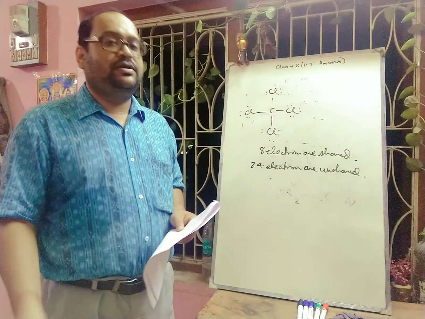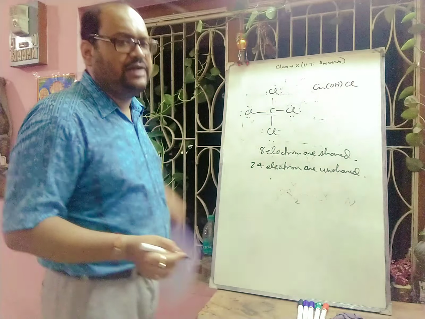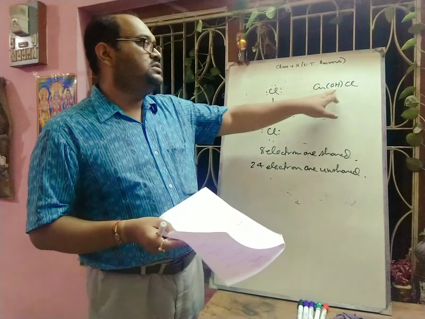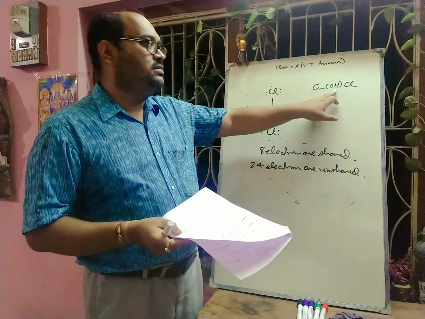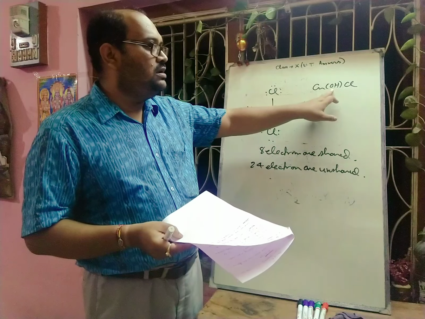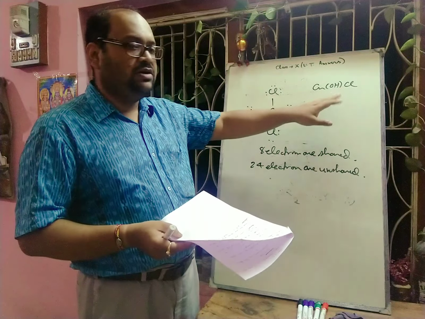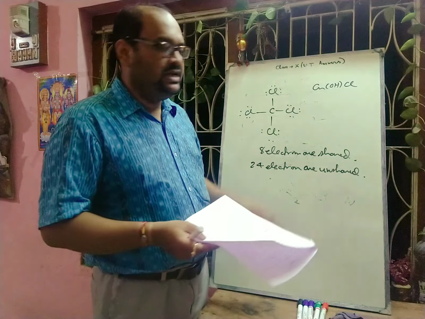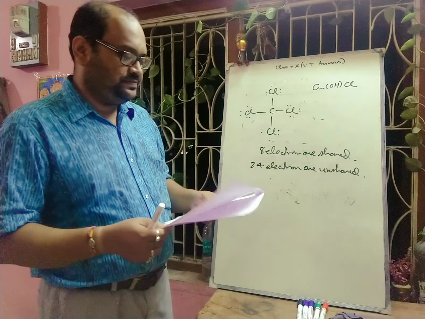Write one basic salt. Any basic salt you can write, like copper hydroxychloride, copper hydroxynitrate, magnesium hydroxynitrate. These are basic salts because they contain one non-replaceable extra hydroxide group. Actually the base is copper hydroxide, so here not all hydroxide groups are replaced, one replaceable group is still present, that is why it is called a basic salt.